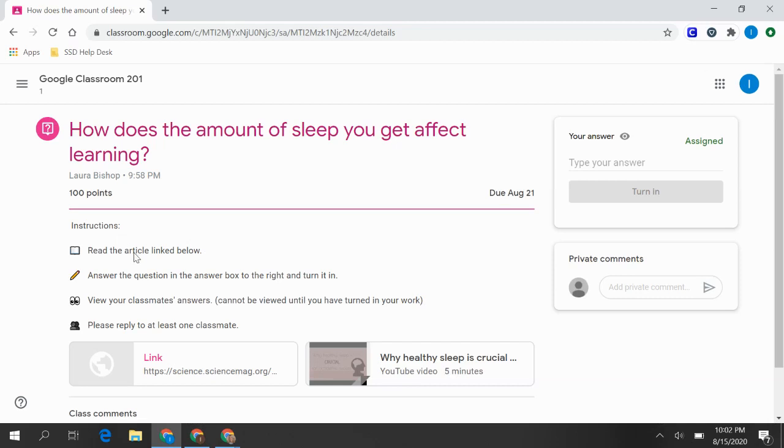Here's the instructions. First thing he will do is read the article link below. He can access that link here. Answer the question in the answer box to the right and turn it in. So he knows to look over to the right and type his answer here. Let's just go ahead and have him do that now. Sleep